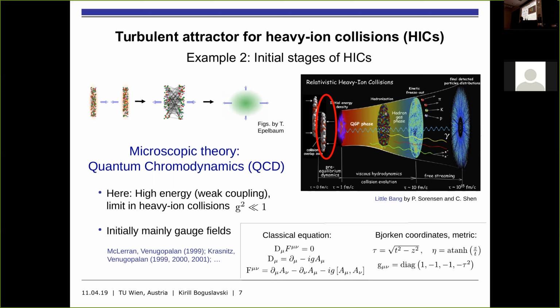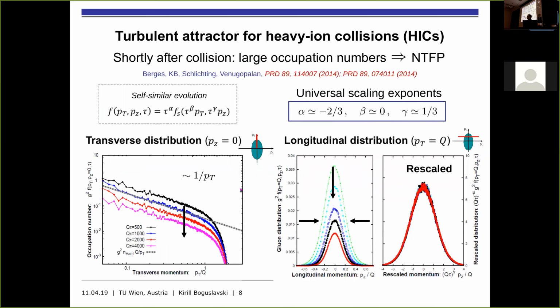But this is much more complicated than what I'm going to tell you. I will just tell you about an early stage. There are many stages in this evolution, and we are in the weak coupling limit. So we think of extremely high energies where your fields are of order 1 over the coupling, and you have mainly gauge bosonic fields. Starting from this highly occupied system with large fields,